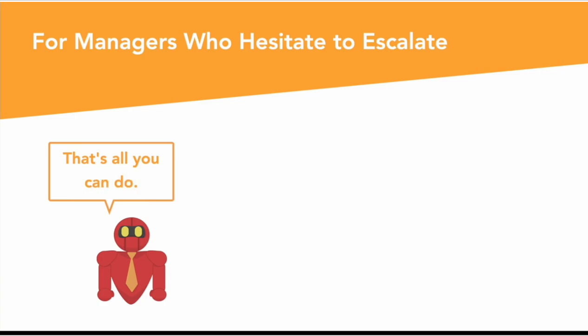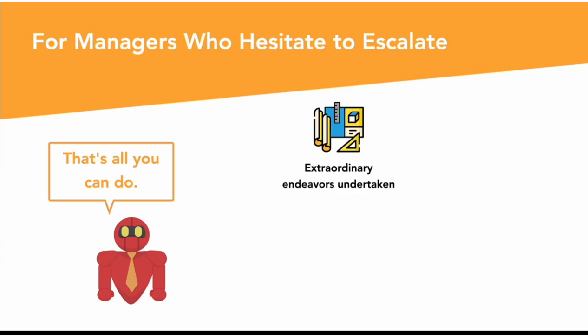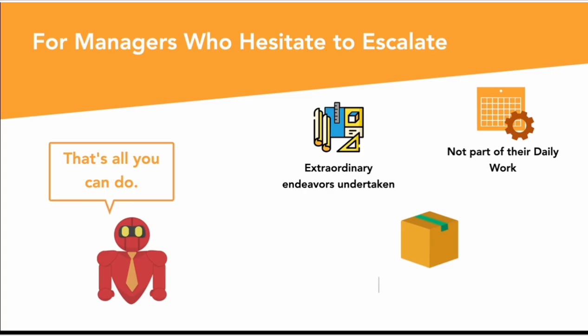You can't expect to be in a nirvana kind of state, on an ideal utopic stage, where your organization would just naturally do the work that they're supposed to do in a project, when you should remember that projects are extraordinary endeavors undertaken and are not part of their daily work. So if this is on top of that daily work, and these resources that are assigned to your project are not 100%